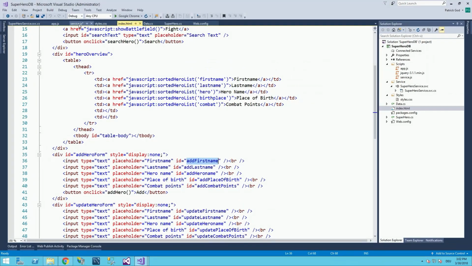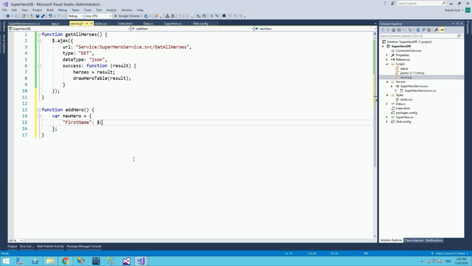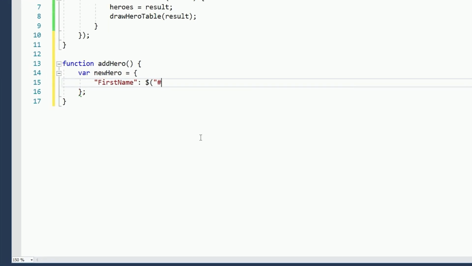And then we go back to our service.js and we can say, give me... it's important to add the hash here, because then we tell jQuery, give me the field with the ID addFirstName. So the hash means ID in this case. And then jQuery gets this HTML element, and we want to get the value, so the content of this text field, and we get it by this function, which is called val. Alright, and this has now to be done with all the other properties. So we can copy that,